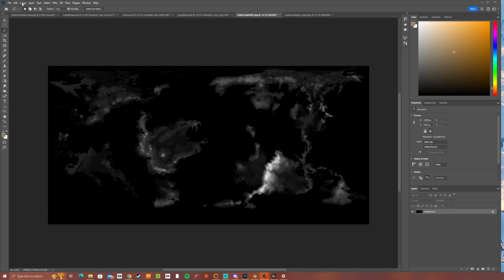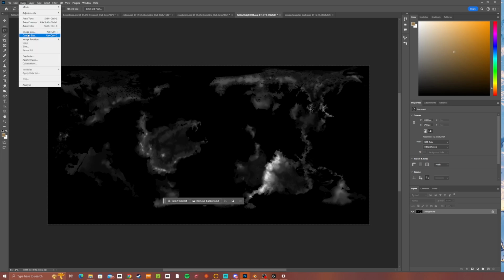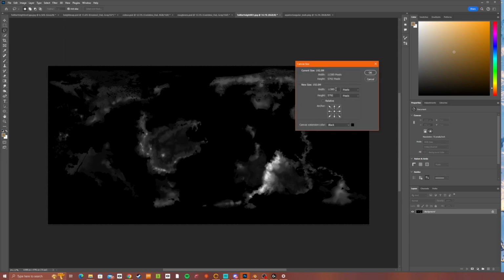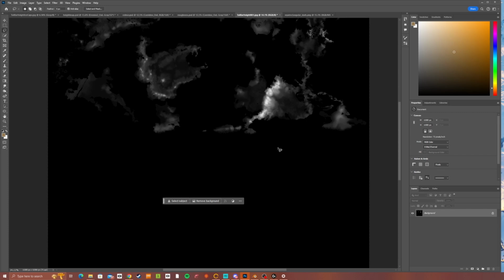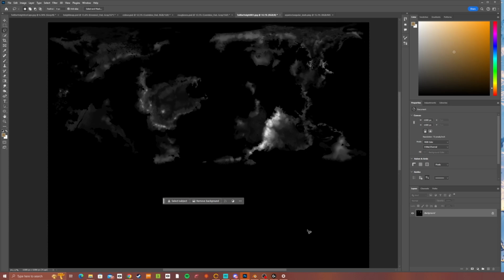You can do this by going to Image, Canvas Size, copying the width and pasting it into the height, and then anchoring at the top, and doing the canvas extension color as black. And here we go. Now we have the full square image. Taking this approach, once we've finished processing in Gaea, we'll simply crop the image back to a 2:1